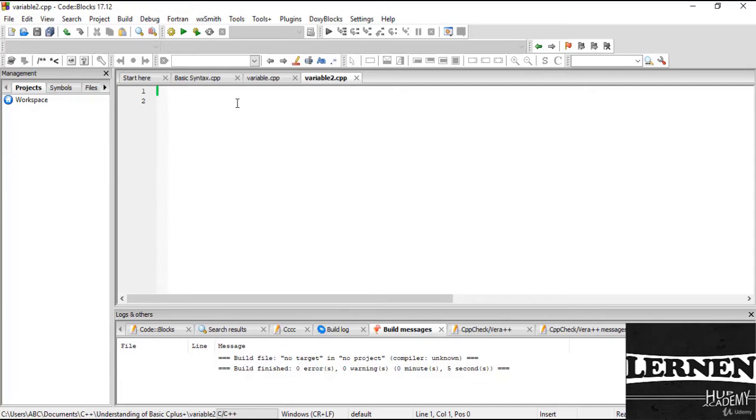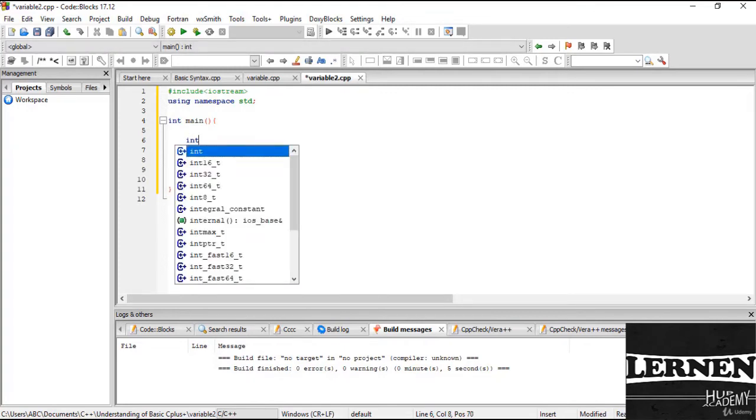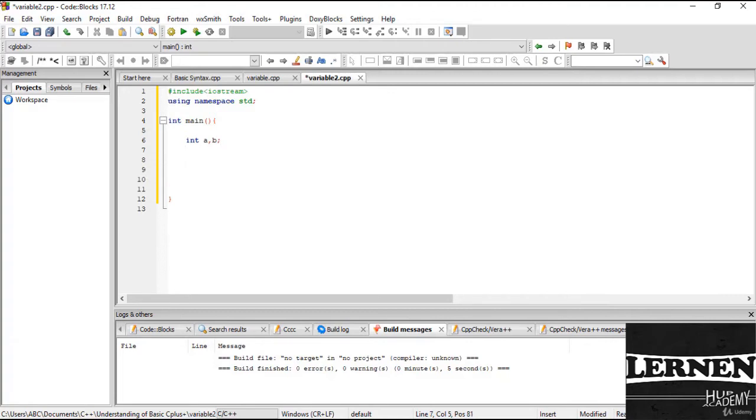Now just see the example of this variable here. First of all, I define the library: hash include iostream. Okay, now using namespace std. Okay, and then I define int main, which is a main function here, and afterwards I open my brackets here, and here I declare the variables. So int a and b are my variables here, and then I define int